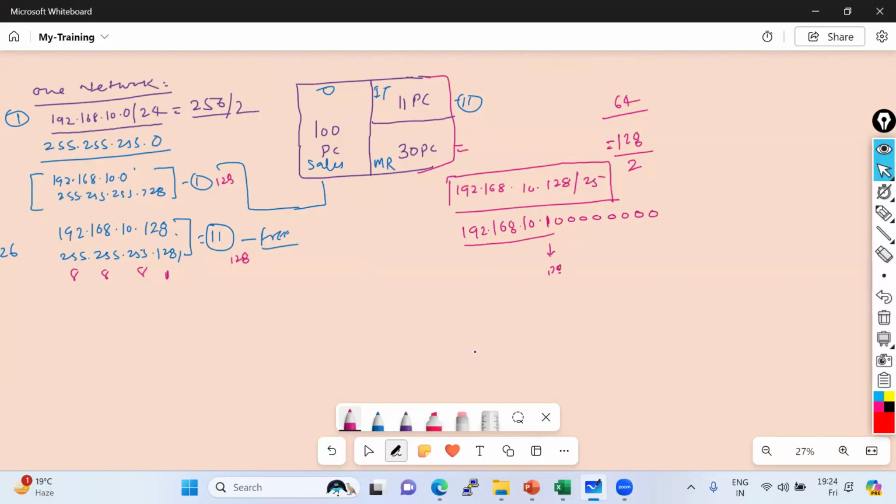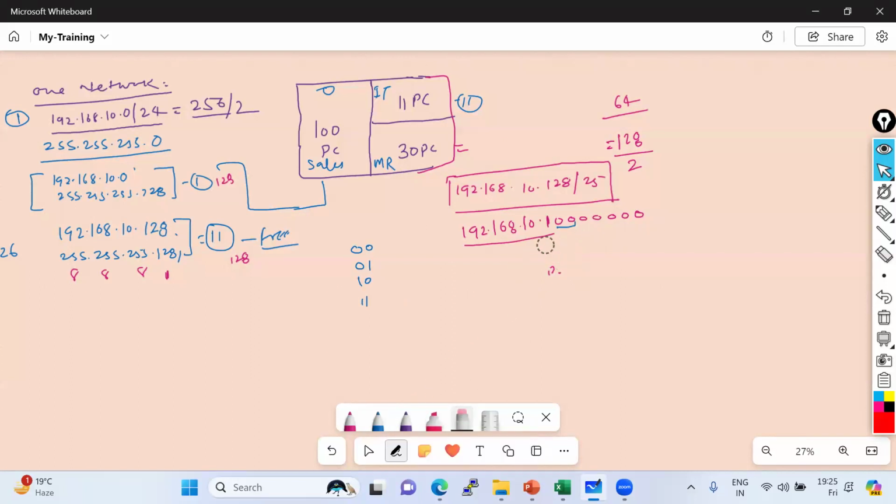We take another 2 bits because we want to divide into 4. So we just have to use these 2. So I have to use 00, 01, 10, 11. So my first network would be